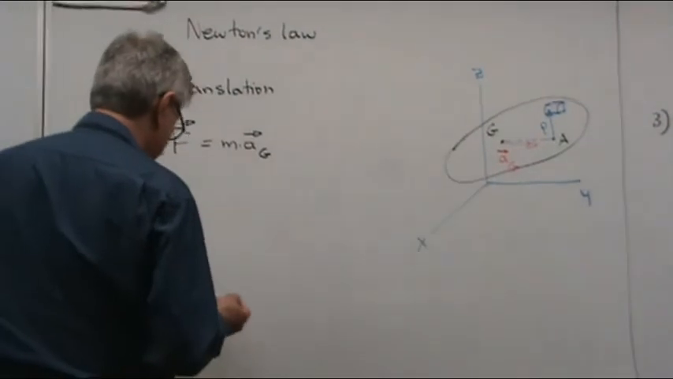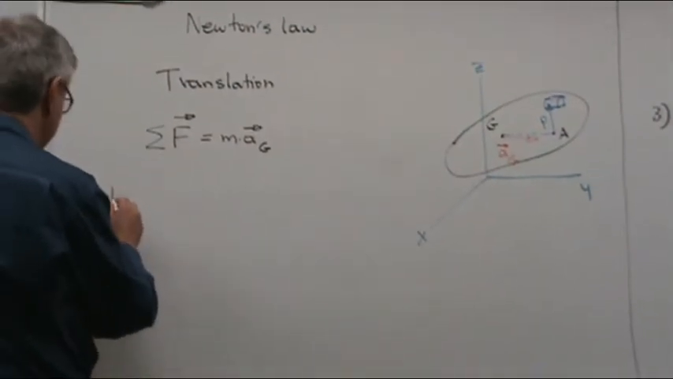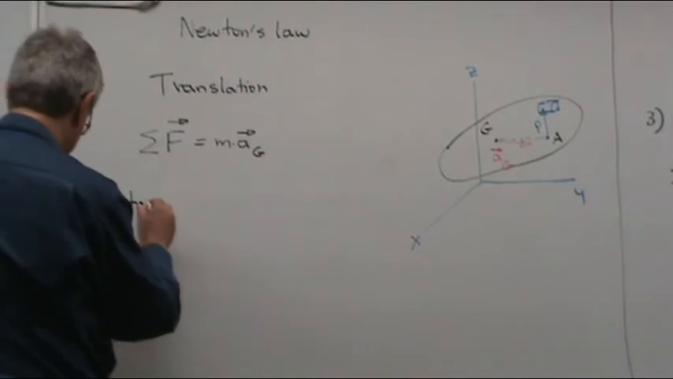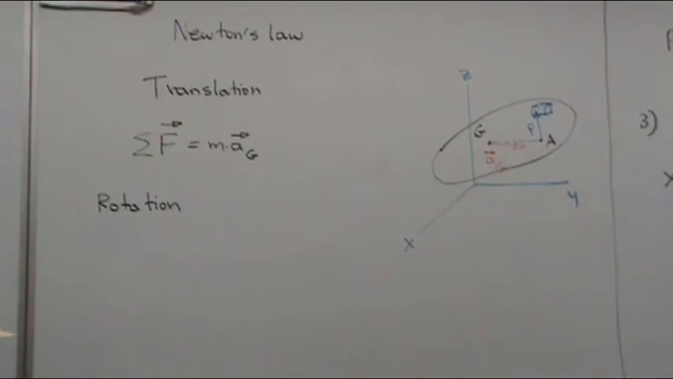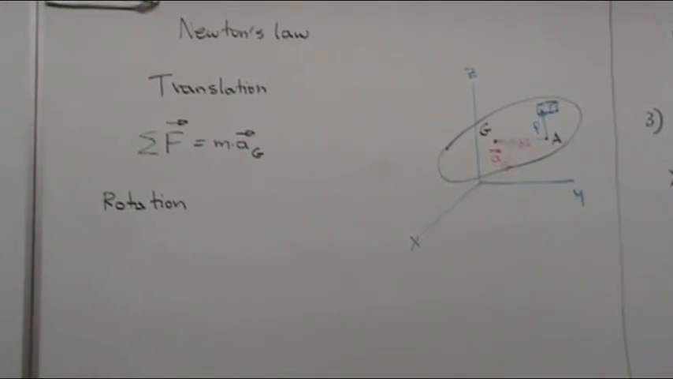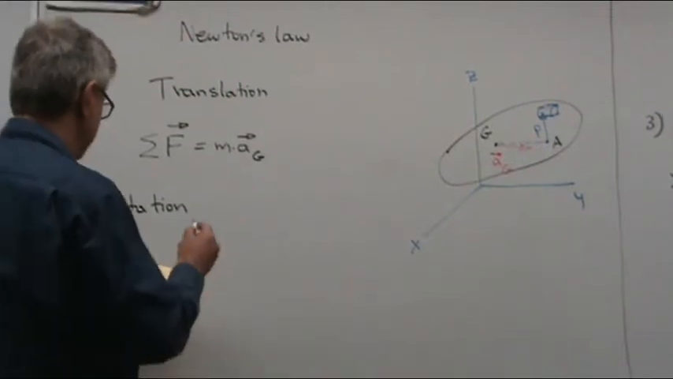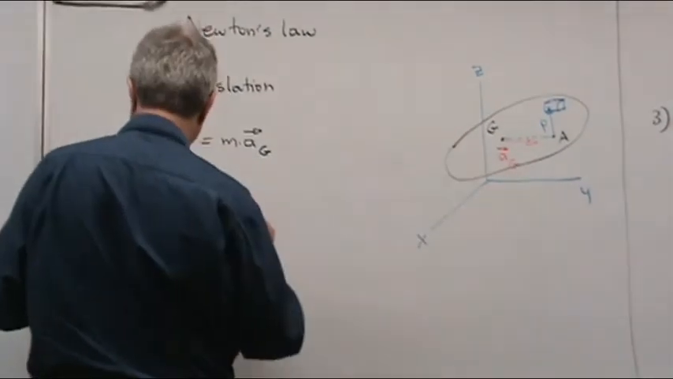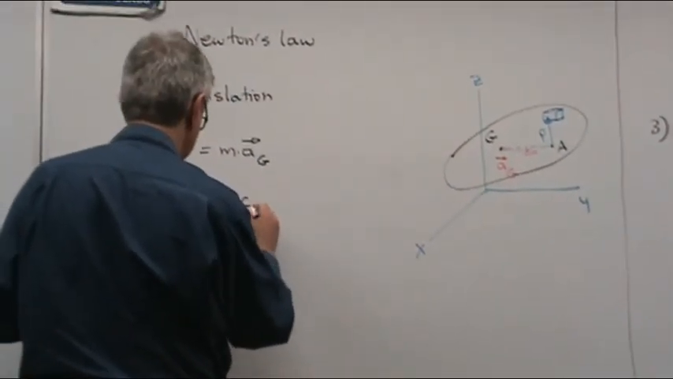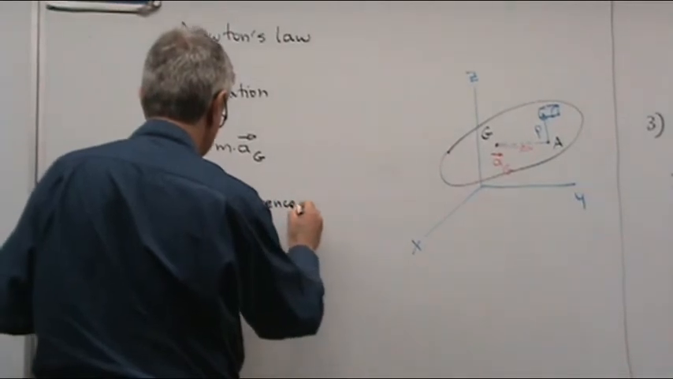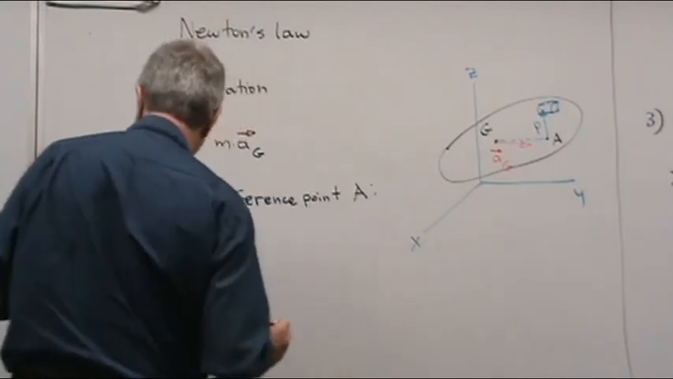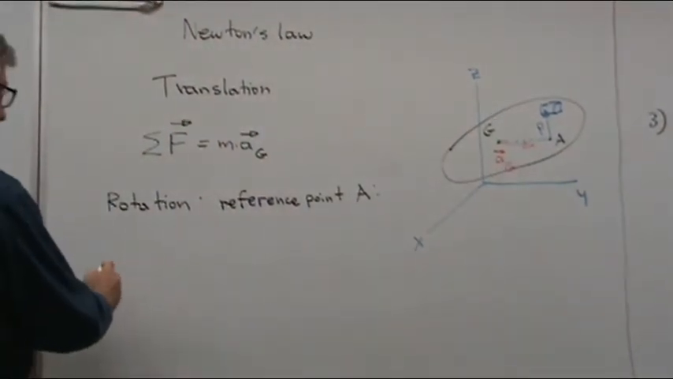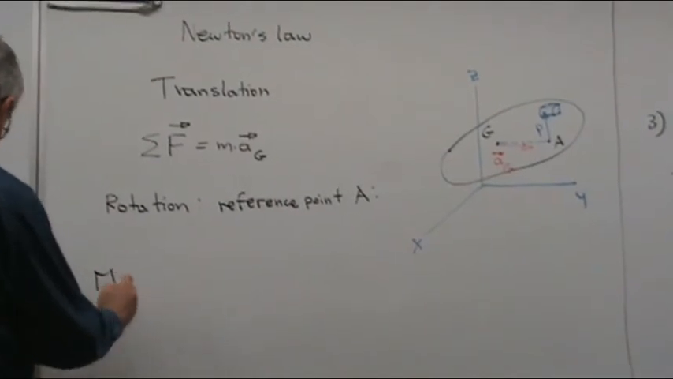Okay, now for rotation, things become more complicated. And the choice of the reference point about which you are going to write Newton's law is very important. So let's consider first as a reference point the arbitrary point A. Okay, then the moment about point A,